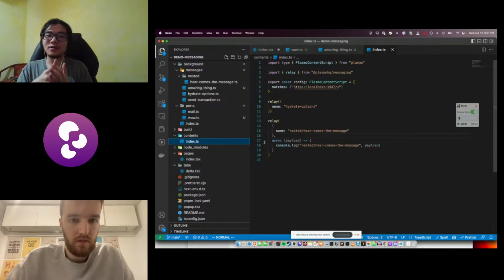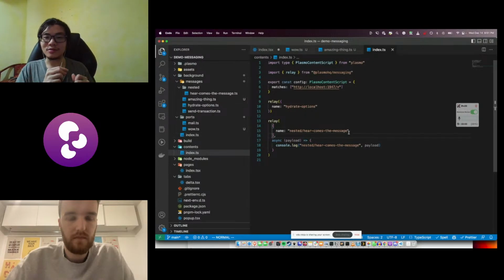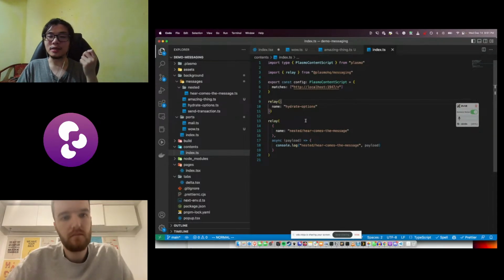Well, the idea of the relay is so that a web page can send some data to the background service worker. But there's no direct API to send a message from your web page to the background service worker. So you have to first inject something into the web page, and that something would be a content script. A content script can live in the context of the web page and listen to events emitted by the window message API. Leveraging that idea, we have a thing called relay.